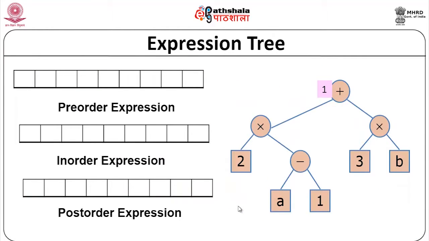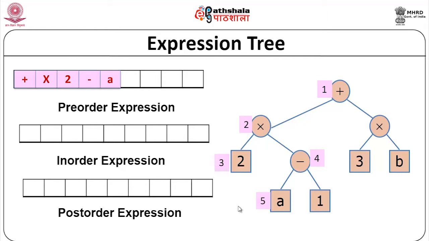Now, I have an expression tree. I am going to do the same expression tree, the same traversal, just to show you how it gives different expressions. So, first we will see the pre-order. So, remember what is pre-order? Pre-order is root, then left, so I have this, then I do the root, then